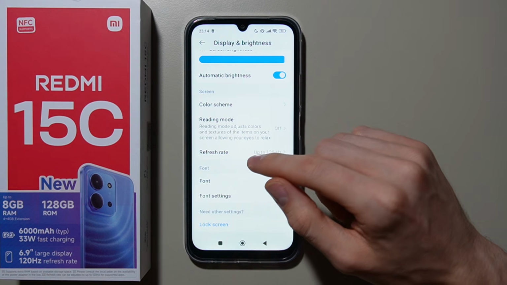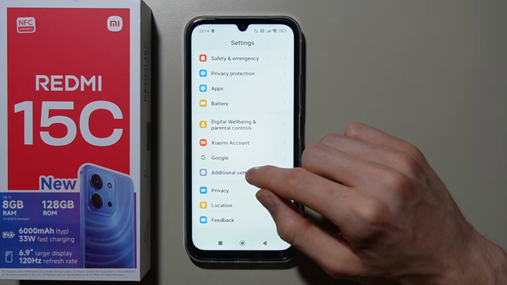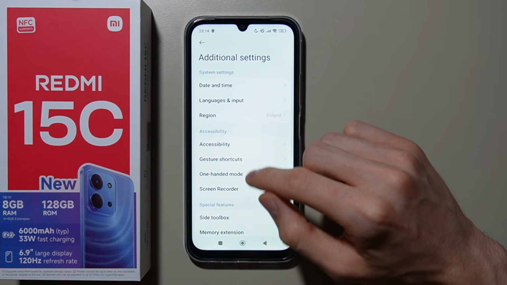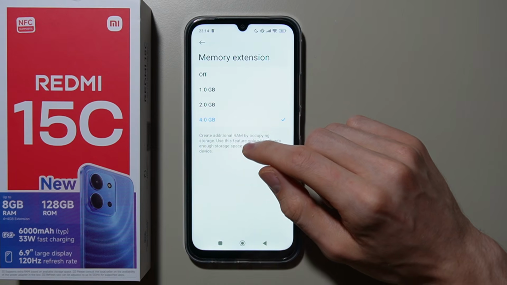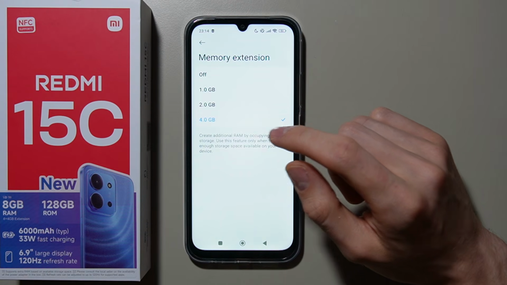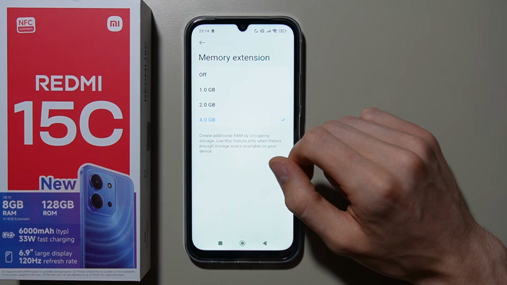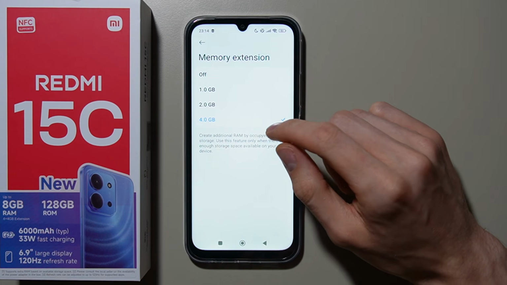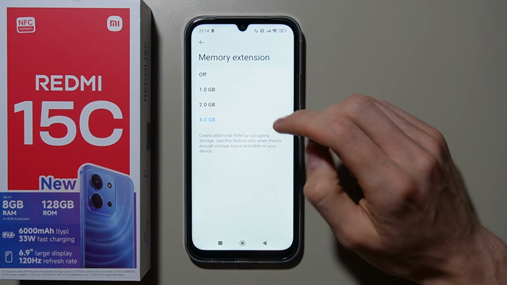Also, you can extend your RAM memory by going to additional settings, and here you can find memory extension. Open it and select memory extension up to 4 GB of RAM. When you have selected it, you have to reboot your phone, but this is also very good to optimize the phone